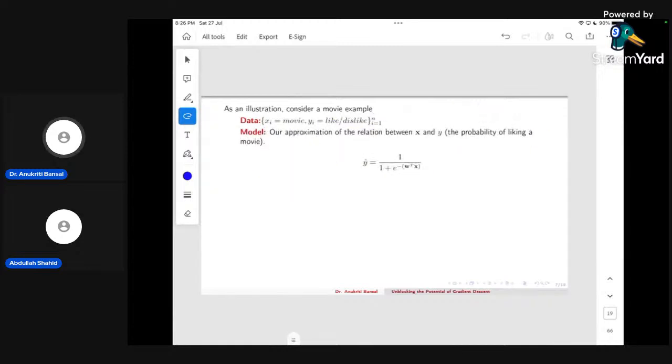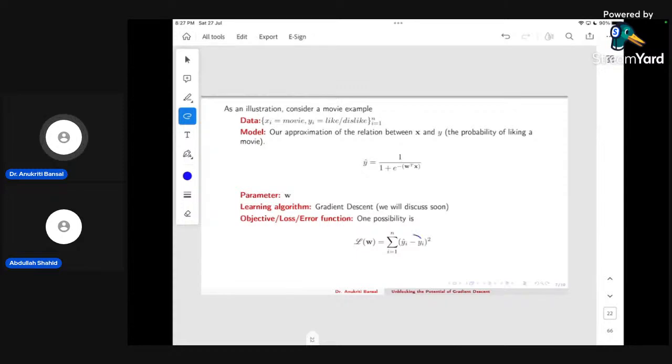So this is our approximation which I am taking, the probability of liking a movie on the basis of W parameters. How to learn these parameters we will see in coming slides using gradient descent. And what is my loss function? This is my loss function. That I want this difference, y hat, my approximation, and the original y, this difference should be as small as